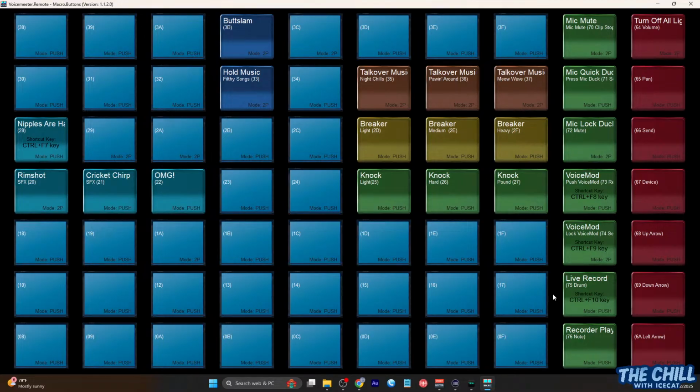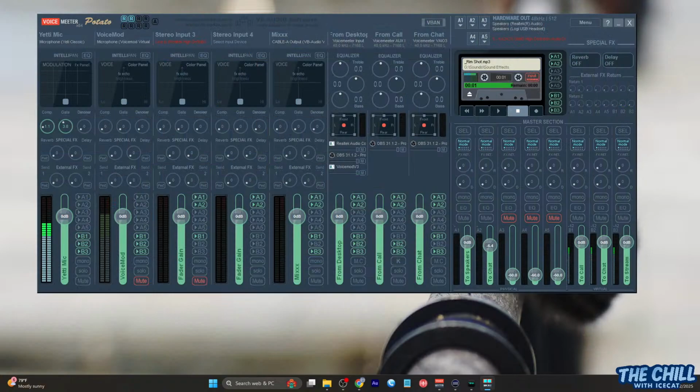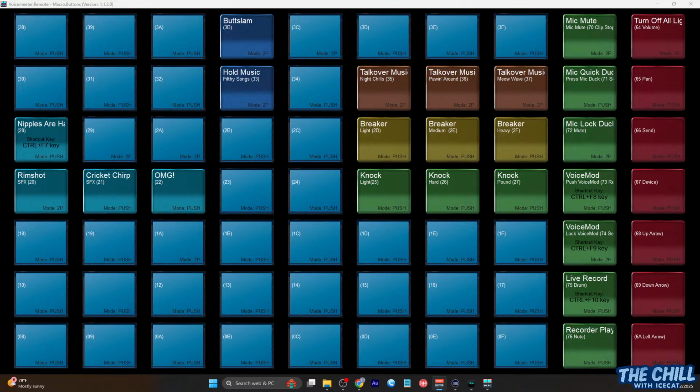So, you know, we talked about the tape being the recorder. So basically, the tape can also record your voice, as I showed you. But you can connect the record and the play buttons to an actual macro button. So you can set it to a keyboard shortcut then, and just hit a keyboard shortcut to record and a keyboard shortcut to replay. So that's kind of cool. So let's go back over to the macro buttons here